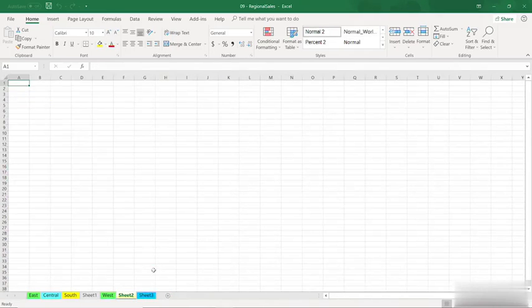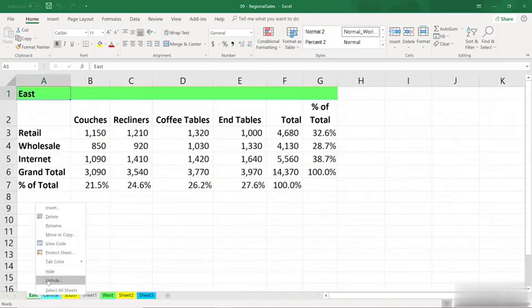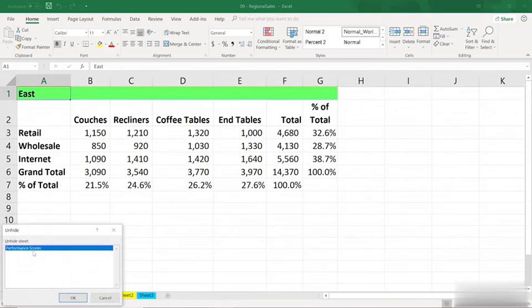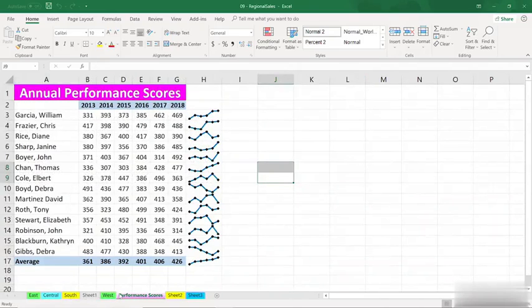At a later time, if we need to get that back, we don't have to be near where that sheet was hidden, but we could go to another sheet tab, any sheet tab, right-click. If unhide is selectable, it means there is at least one hidden sheet. We'll click unhide. If you've got multiple hidden sheets, you can only unhide one at a time. So at some point, maybe I want to unhide this, click OK, and there it is back again in its